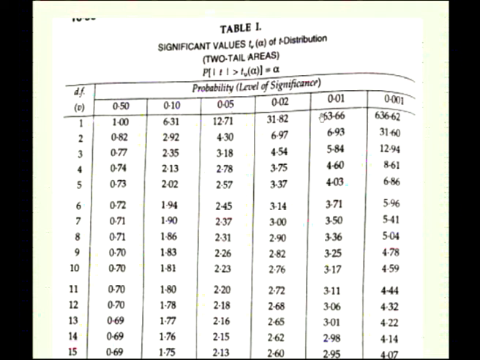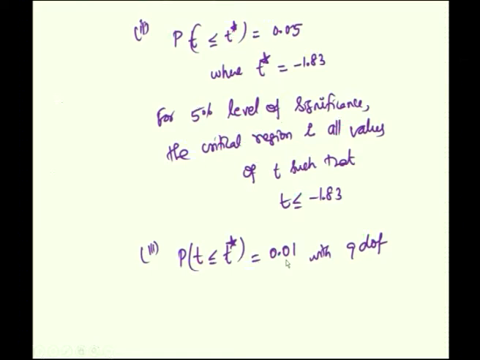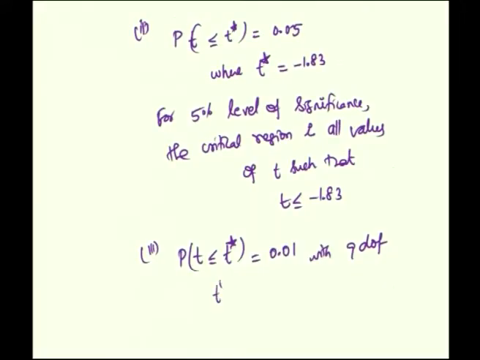2.82 showing that we are taking 1% level of significance for alternative hypothesis. 1% is the level of significance for one tailed test. The table shows you the values for two tailed test. Therefore, we have referred for 9 degrees of freedom at 2% level of significance and the t star value comes to be equal to minus 2.82. Okay. Therefore, we see that P of t less than or equal to minus 2.82 is equal to 0.01